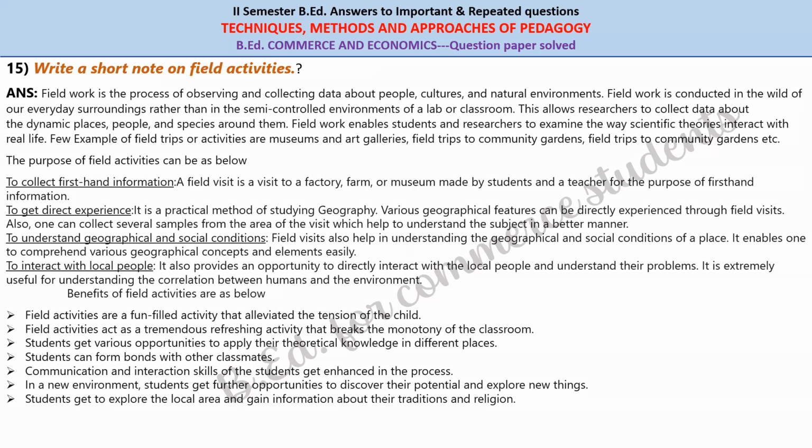There are many benefits of field activities. Field activities are fun, and there is a lot of collaboration. Students enjoy it because it's an outgoing activity, not bound by any formal textbooks. You go there, you learn, you have some snacks, collaborate. So it's really a fun activity. It increases your communication skill and also visualization skill. Understanding is increased, learning by actually seeing the actual thing rather than just studying about it. So there are many benefits of it.